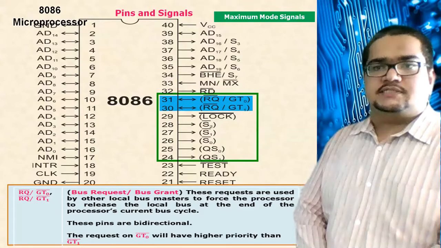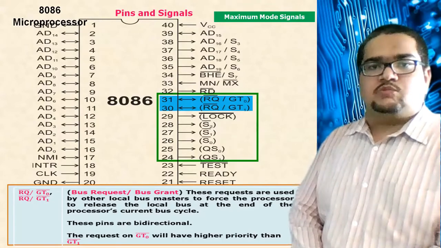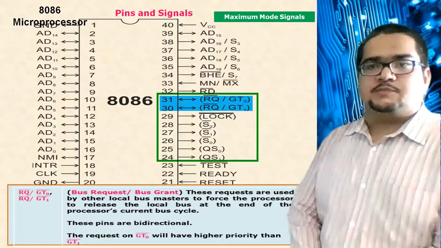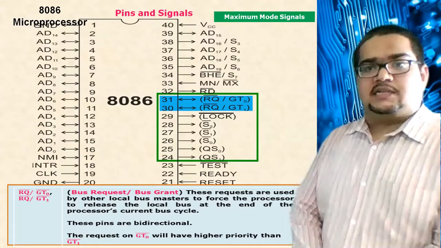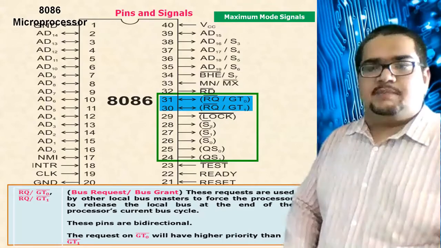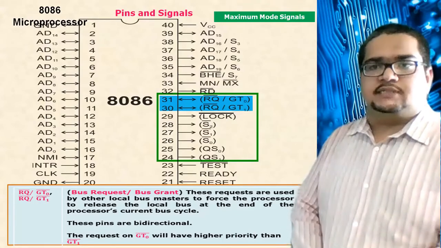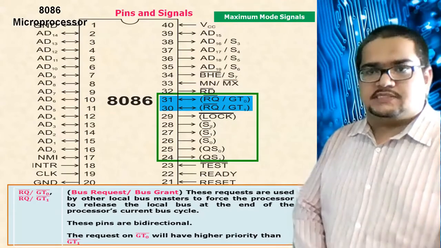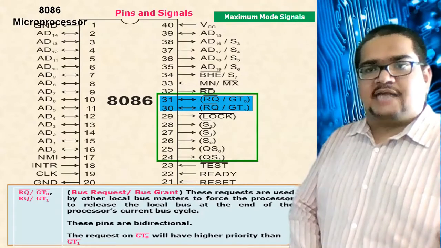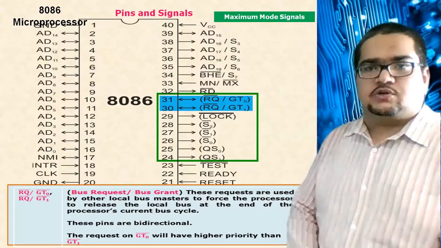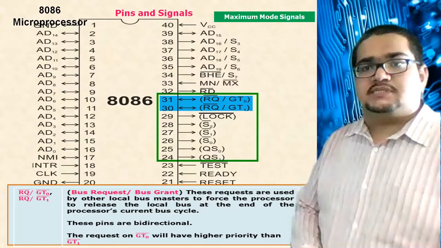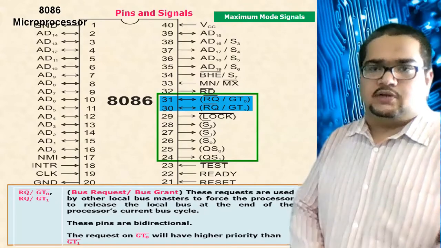So in an 8086 system, we can have one additional processor and a bus master. One of the lines will be connected to the bus master, and the other line will be connected to the other processor. They will all be interlinked to each other, and they will be communicating the access of the system bus over these two lines. Somebody who requires the access of the system bus should send a request on this line, and once they are granted the system bus, they will be acknowledged on this line only.